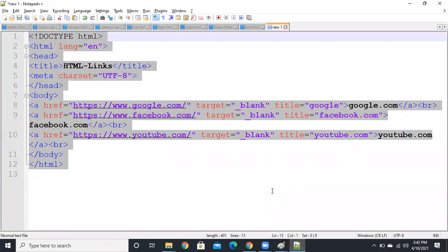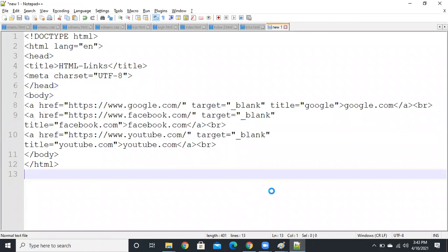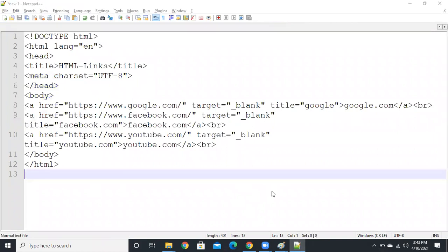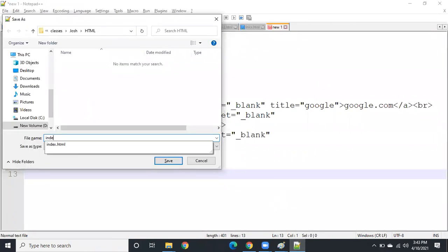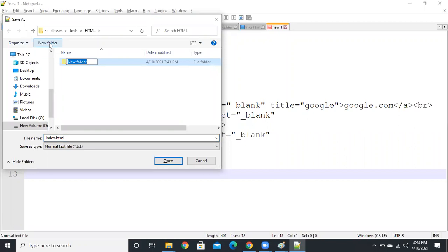So for that, first I'm going to create the index file. New, save, index.html. I'm going to create one folder, links. Inside the links folder, I'm going to create index.html.